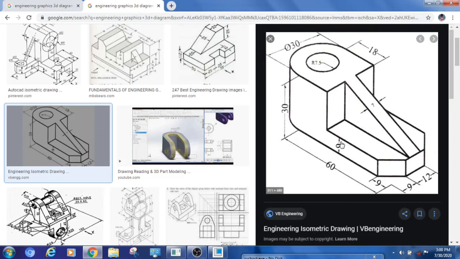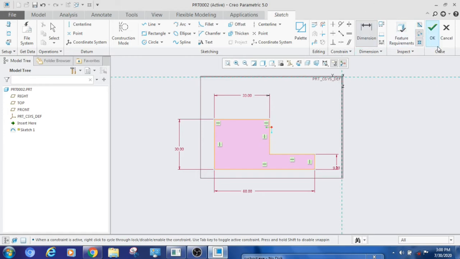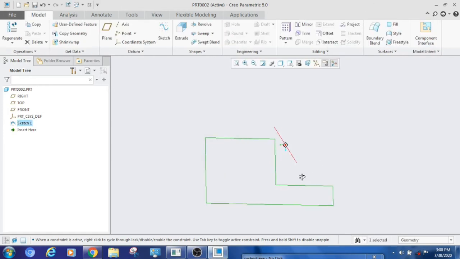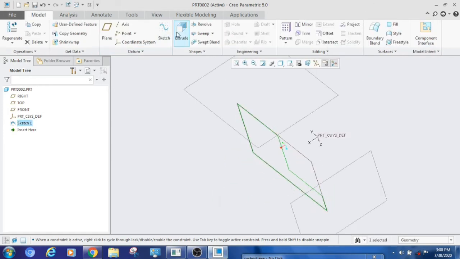Now we have to use extrude. How much do we have to extrude? Here you can see 9, 12, 9: this side 9, middle 12 and that side 9. Or you can use this 30, diameter 30. So the total length we have to give is 30. Press OK to come out of sketch.